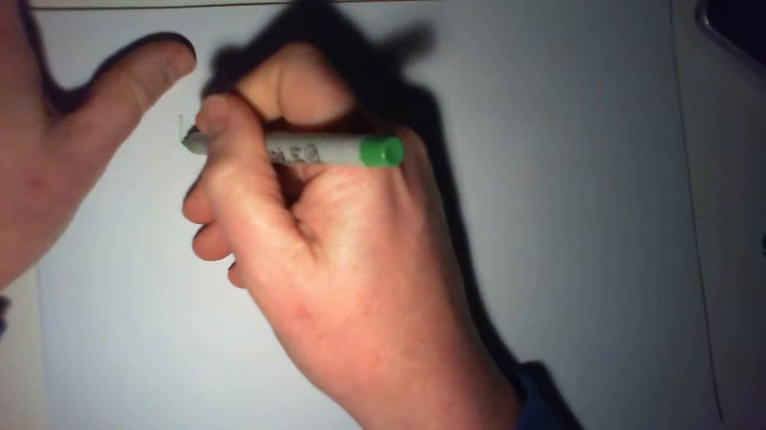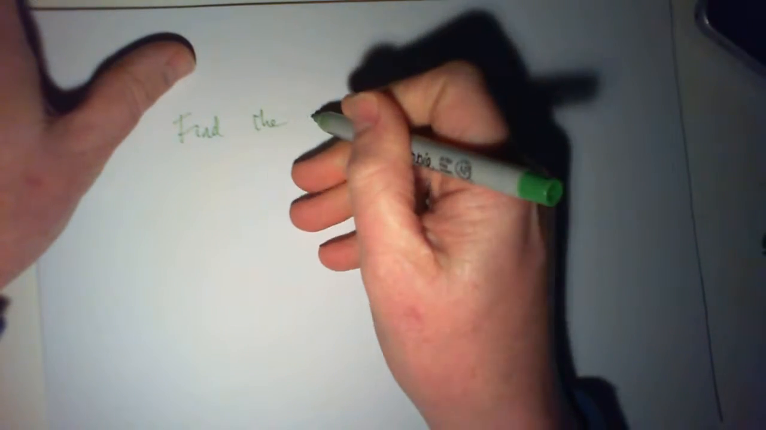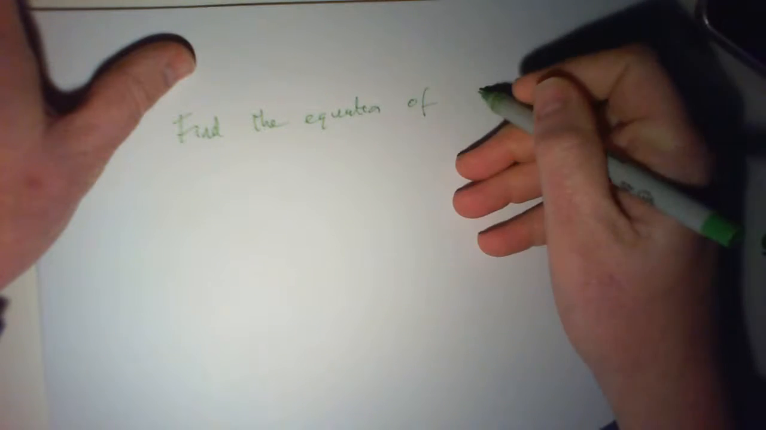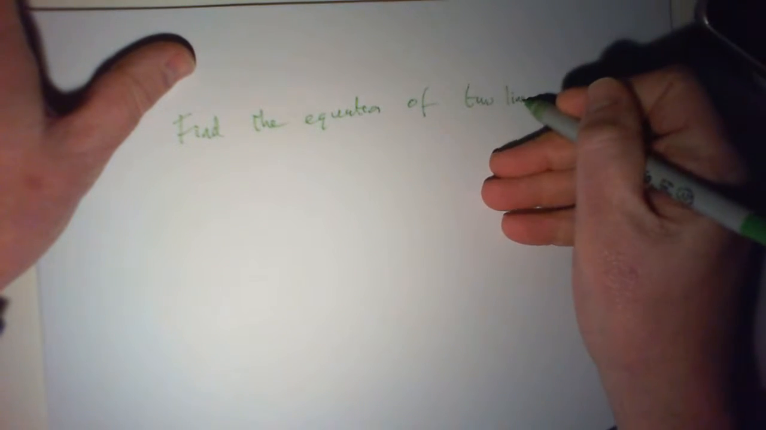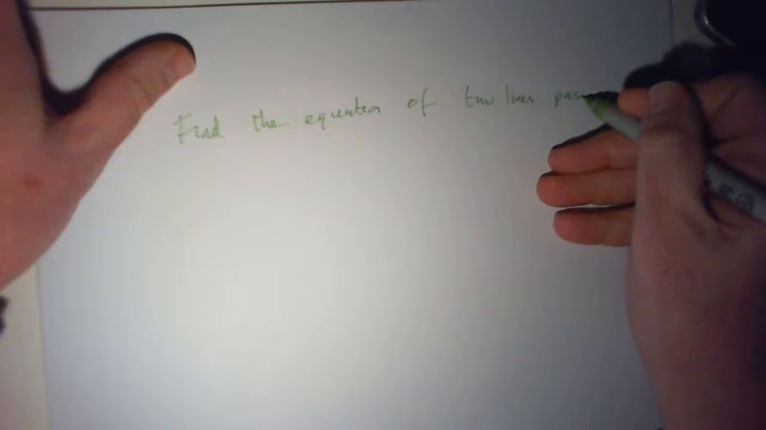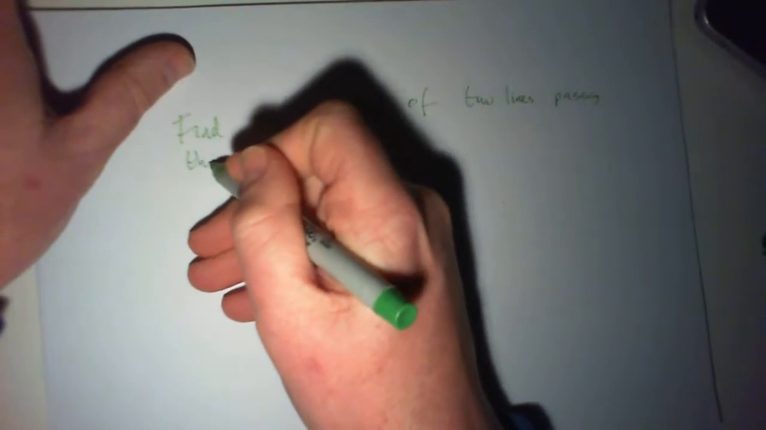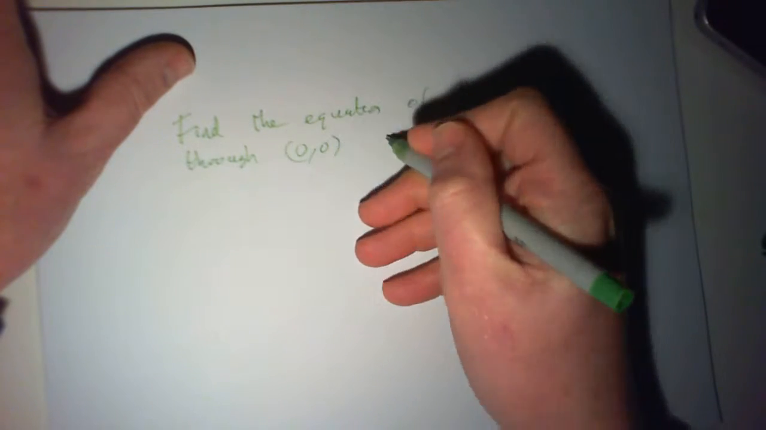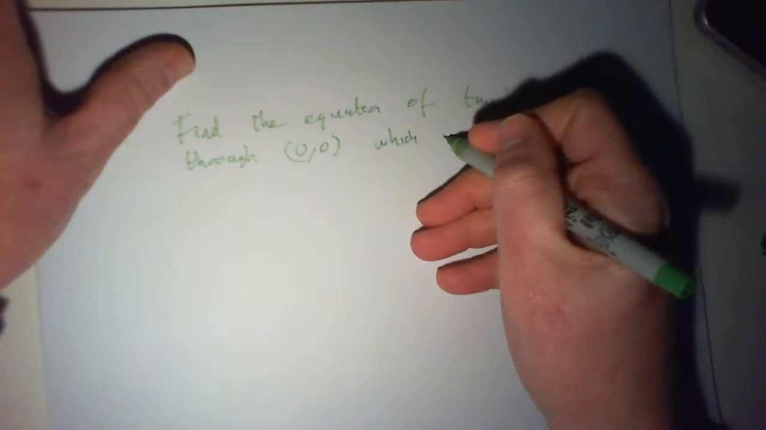Okay, so we'll try another one. We'll go backwards on this one. Right, so what we're going to have a look at is we're going to find the equation of two lines passing through. And this could be true at any point, but we'll go easy on it at the start. Passing through 0, 0,